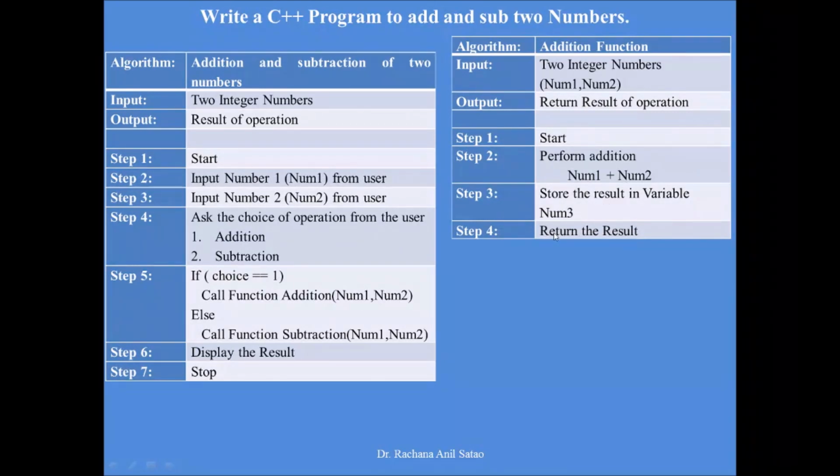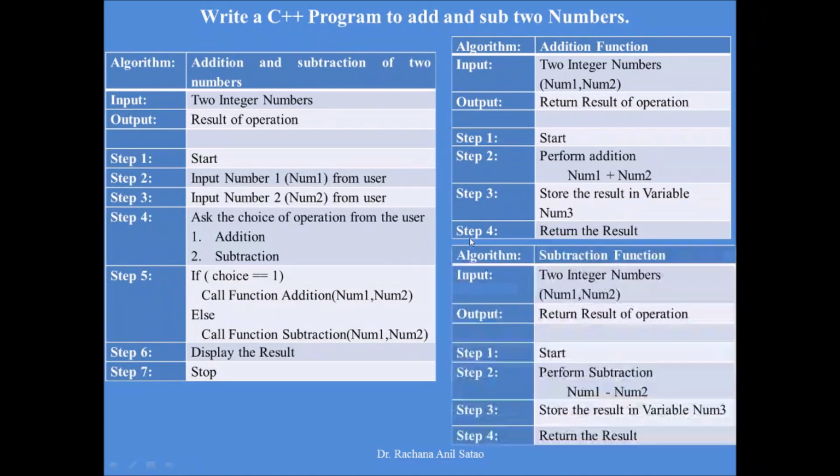This is the way we should write if we have multiple functions in the main code. Now this is the subtraction function example, which is similar to addition. The input and output are mentioned, and instead of addition the subtraction is performed, then the result is stored and returned. This is how the second function is written. The last statement is always the return result statement. The only difference between the two functions is addition in the first case and subtraction in the second case.